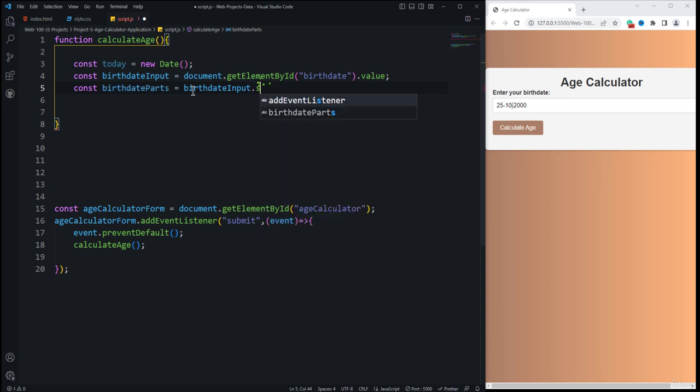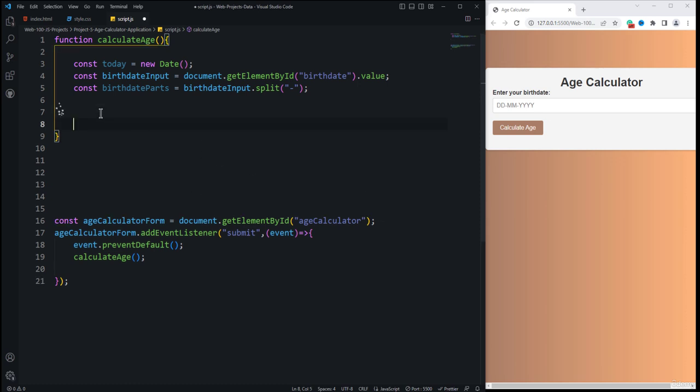So we are going to use this birth date input variable, and with the use of the split function, we are going to split the string. We need to split it into 3 parts, so we want to remove the hyphens. To remove, we need to specify the character that we want to remove from the string. So we want to remove this. If I Ctrl+S to save it, you will see nothing,